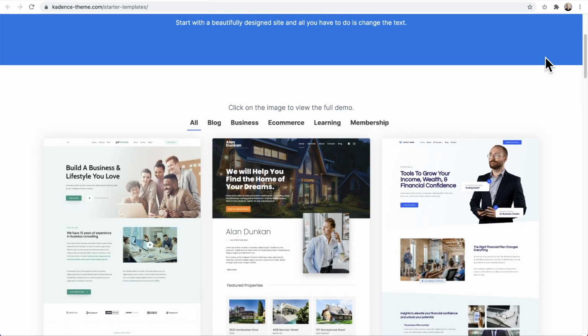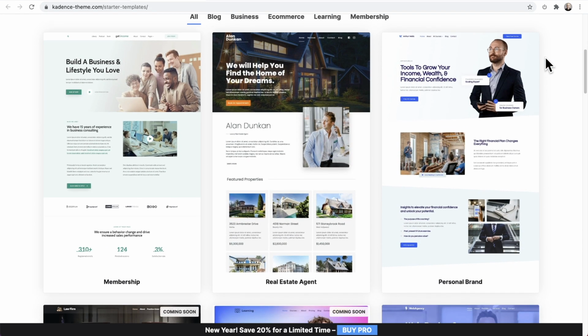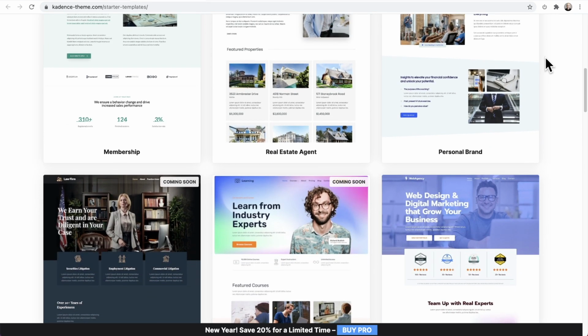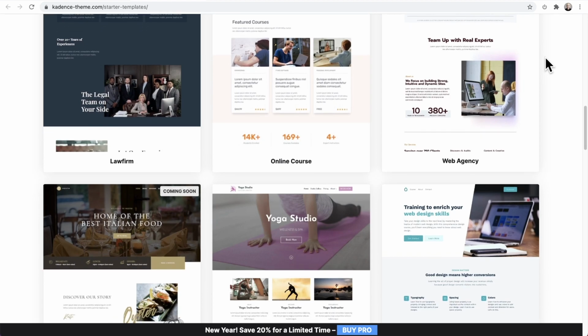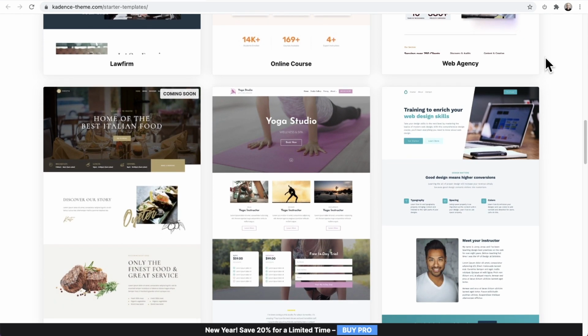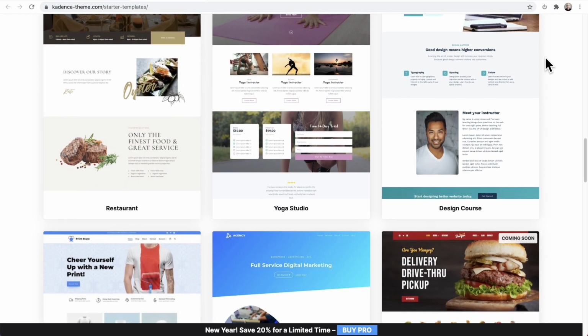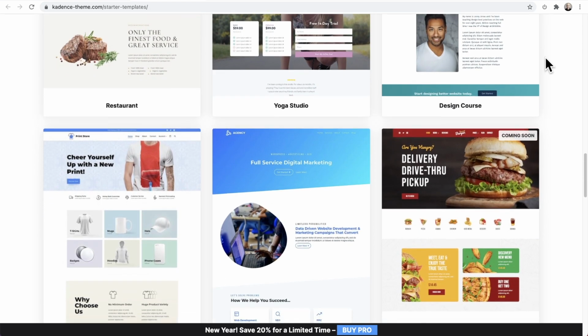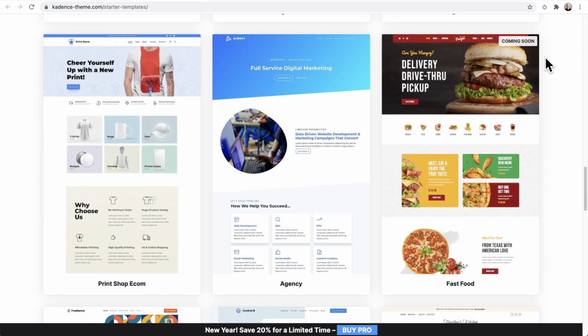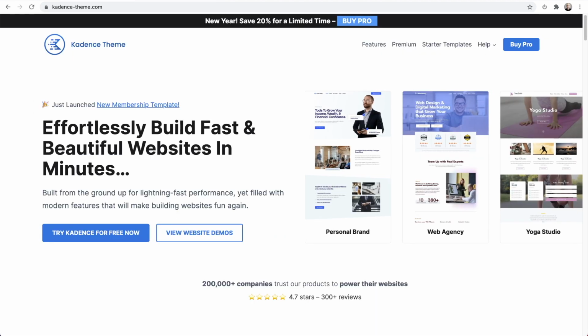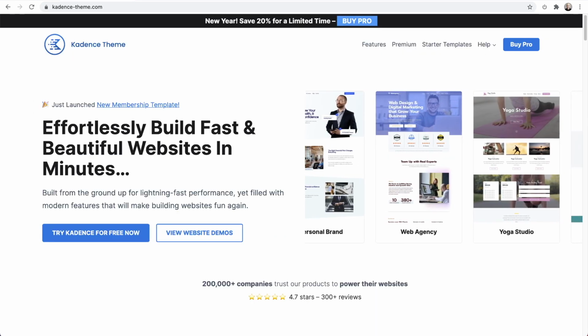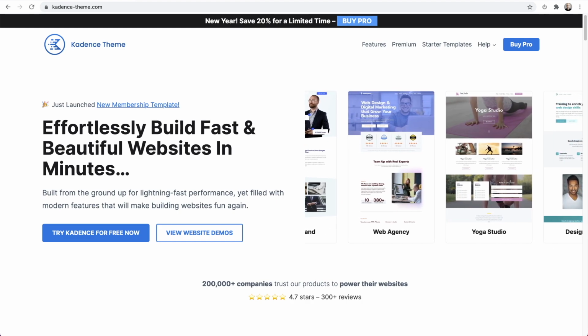And they're templates for every type of situation: restaurant templates, influencer templates, agency templates, law templates. They're all here with a few mouse clicks. Anyone can have it on their website. But have you ever wanted to provide the same type of solution to your customers or your audience online to better serve them? Well, I'm here to tell you that there is a way. Introducing Kadence Child Theme Builder.